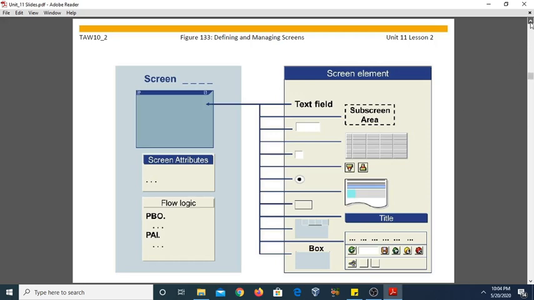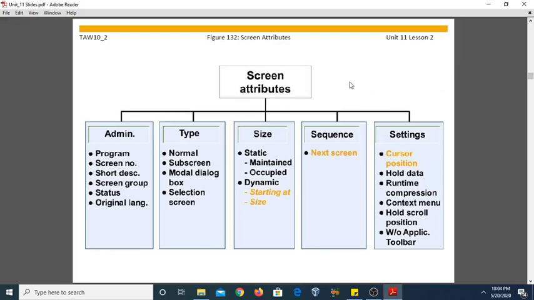Screen numbers greater than 9000 are reserved for the SAP system customers, so we cannot use screen numbers greater than 9000, as well as screen numbers between 1000 and 1010 are reserved for the maintenance screen of the ABAP dictionary. So you cannot use these screen numbers.